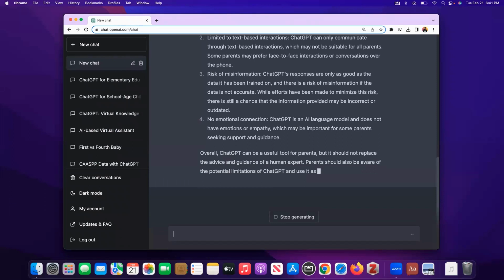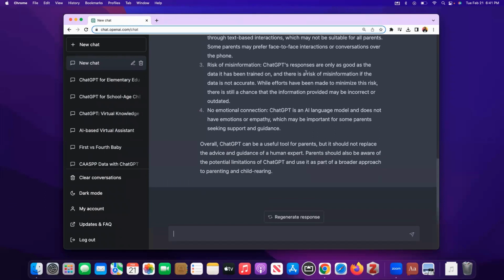Risk of misinformation, because if you read this, GPT's responses are only as good as the data it has been trained on. Generative pre-trained transformers. So know that if you start to get into detailed questions, you need to vet what you're looking for. No emotional connection. ChatGPT is an artificial language model and does not have emotions or empathy,